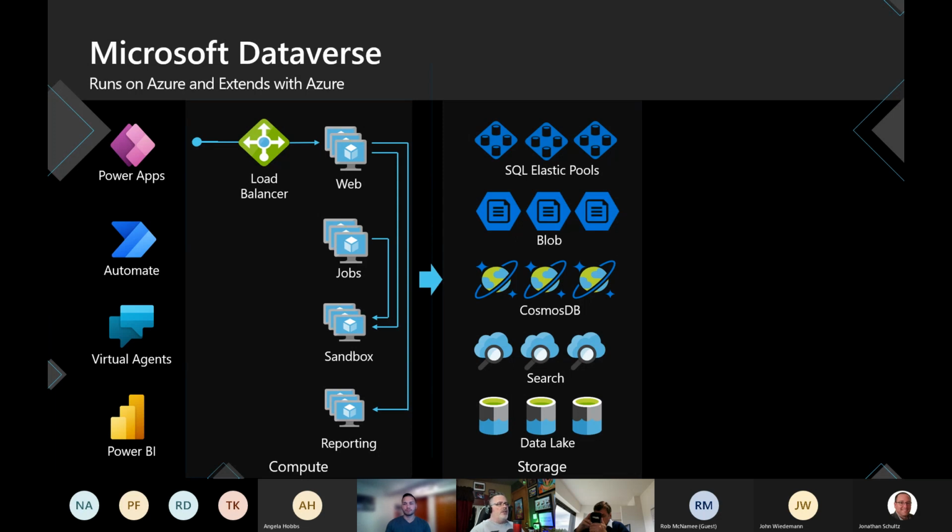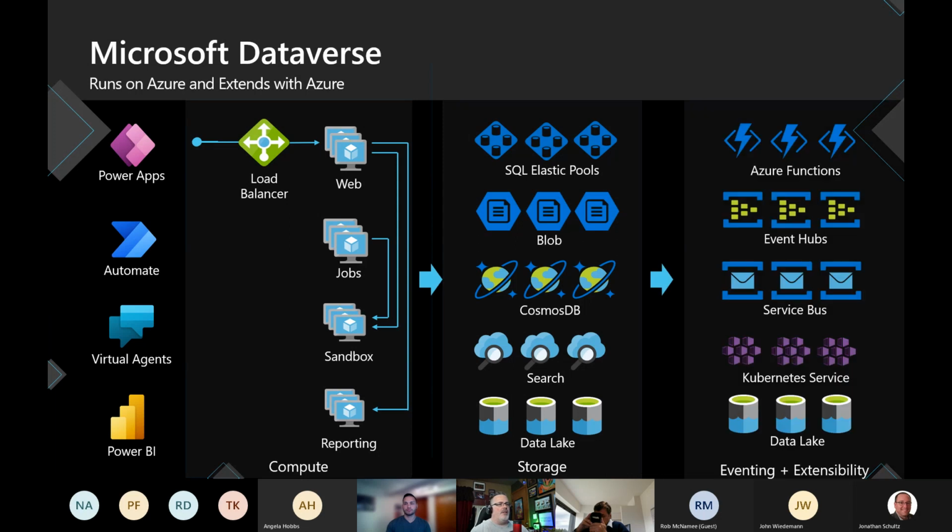You don't necessarily have to be concerned with managing SQL Elastic pools or what your data lake storage has to look like, or Cosmos DB. All of this stuff is brought together inside of the tooling without you as a user having to be concerned with any of these things or managing any of the costs associated with it. Especially if you can stay in Dataverse for Teams, that is a fantastic solution that is broadly available.